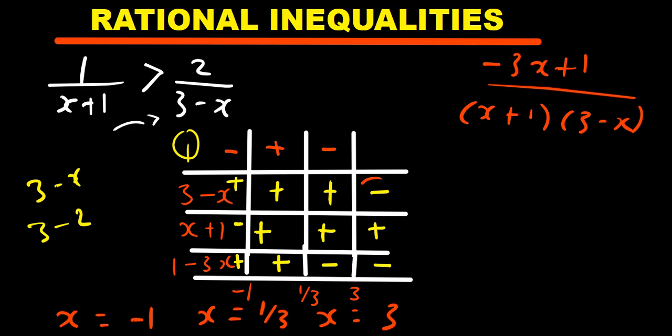Then if you multiply a negative by a negative by a negative by a positive by a negative, what are you going to have? You're just going to have a positive, okay? So in this case now,